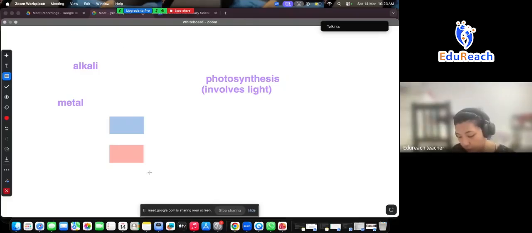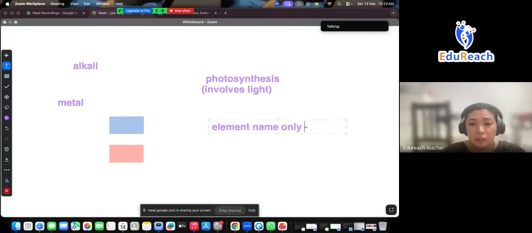24. Reaction between dilute hydrochloric acid and magnesium. Please someone tell me, magnesium is a metal, a carbonate, or an alkali? What is magnesium? Metal. Yes. So guys, whenever you see the element name only, this should tell you that it is a metal, because if it is an alkali, it will be something hydroxide. If it is a carbonate, you see in the name, it's something carbonate. And again, acid and metal will get us salt and hydrogen gas, right?